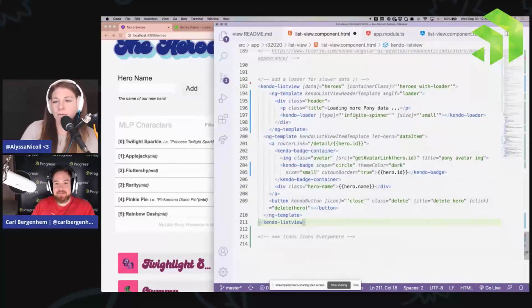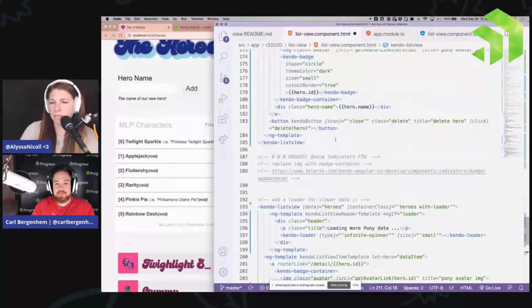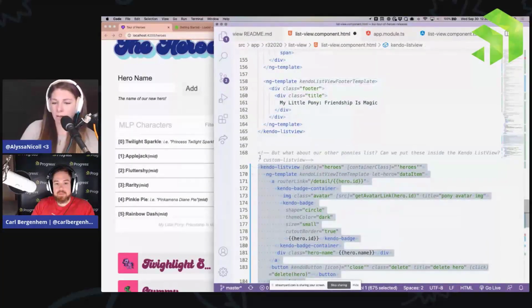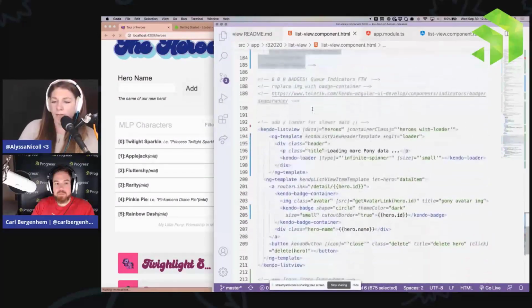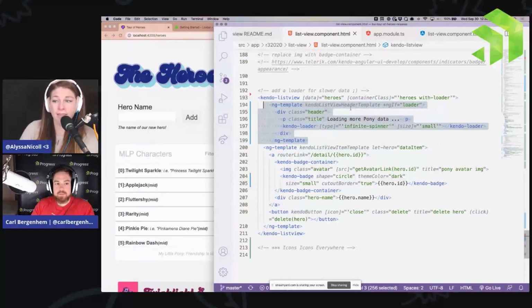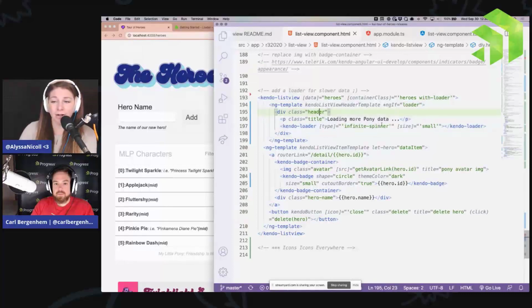So here we have, I'm going to comment out this list view, making sure I'm not coming in multiple channels. Okay. So here we have our list view that's pulling in the heroes data. Inside of it, I gave it a header, and this is where I'm saying ngIf loader. So if that Boolean is true, my data is still loading, and I want you to go ahead and make sure this header with the loading more pony data is visible